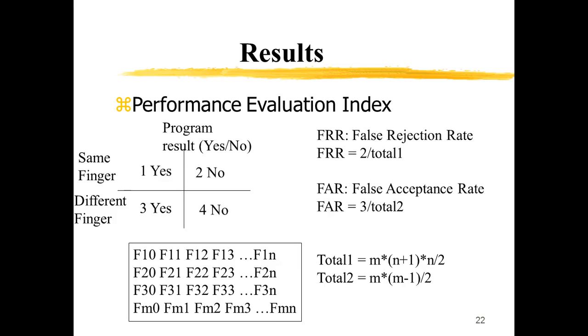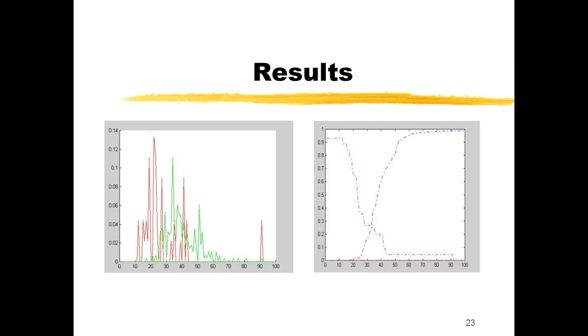The entire algorithm has been tested and developed under the existing standards. So the two important indices that are used to measure fingerprint recognition systems are FAR and FRR. FRR is the false rejection rate, which rejects a correct match of minutiae, and FAR is the false acceptance rate, which accepts minutiae from two images as the same even though they don't belong to the same fingerprint. So when this algorithm was tested, the results are as shown.